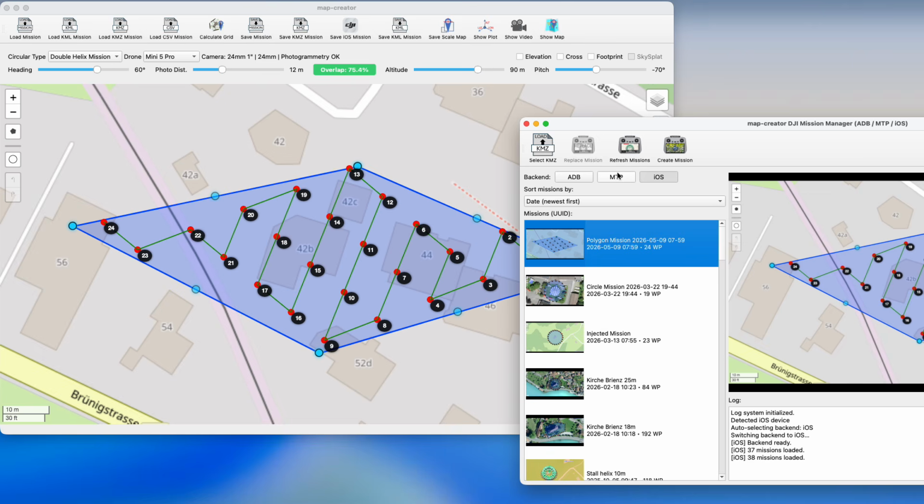On the DJI RC2, we still have to replace the mission. We cannot directly create the mission. We have no access to the database. So it's very easy now to create new missions, if we have here the